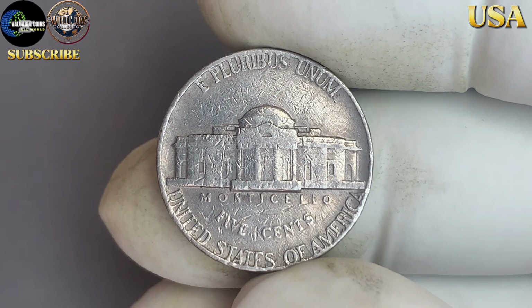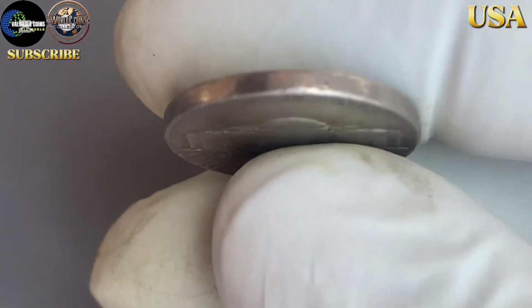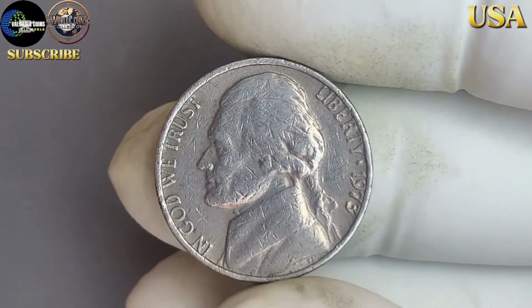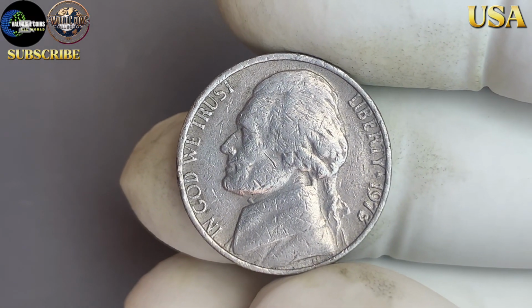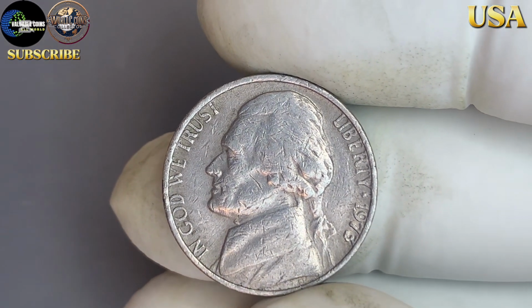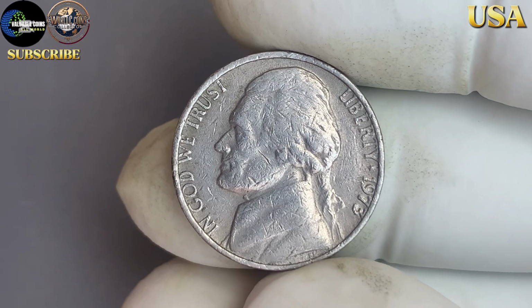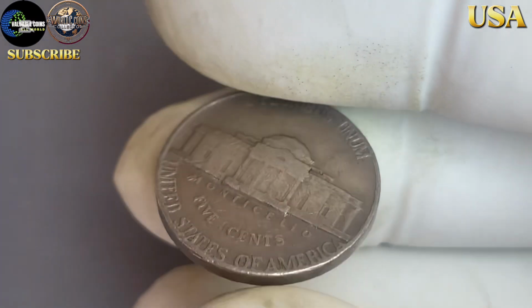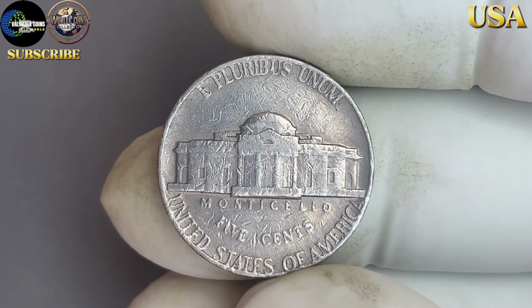One of the most desirable characteristics in a high-grade Jefferson nickel is the full steps designation. This term refers to the clarity of the steps on Monticello's facade on the reverse of the coin. Coins that exhibit complete, uninterrupted steps are much rarer than those with worn or weak details. A 1973 Jefferson nickel with full steps in near-perfect condition can sell for thousands of dollars, as collectors aggressively seek